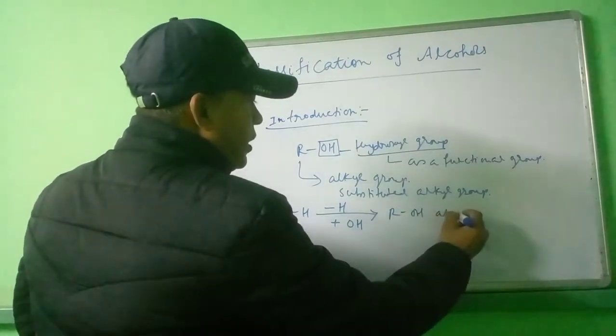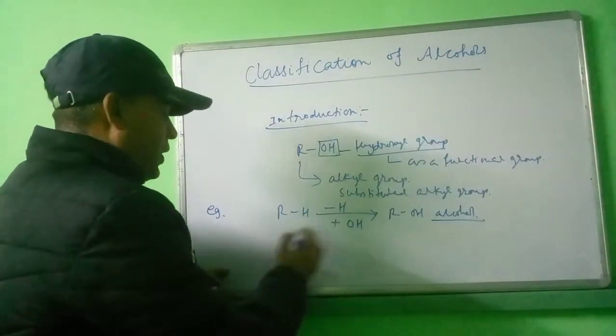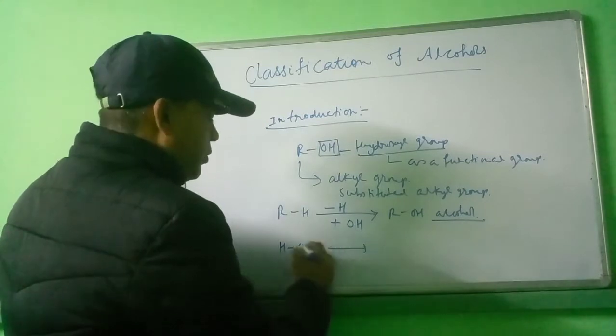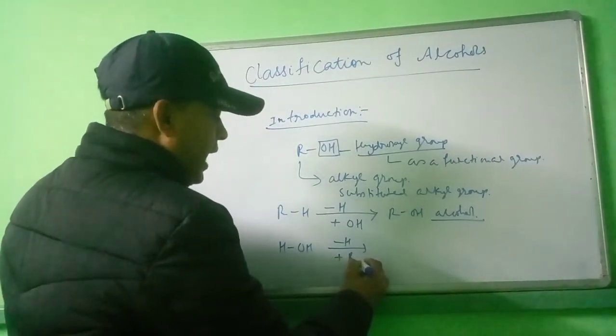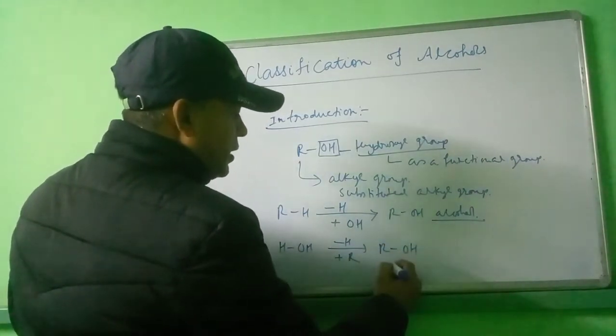This is the alcohol. Okay. Now, in the case of water, H and OH, removing the hydrogen atom and adding an alkyl group R, we get ROH. Here again it is the alcohol,